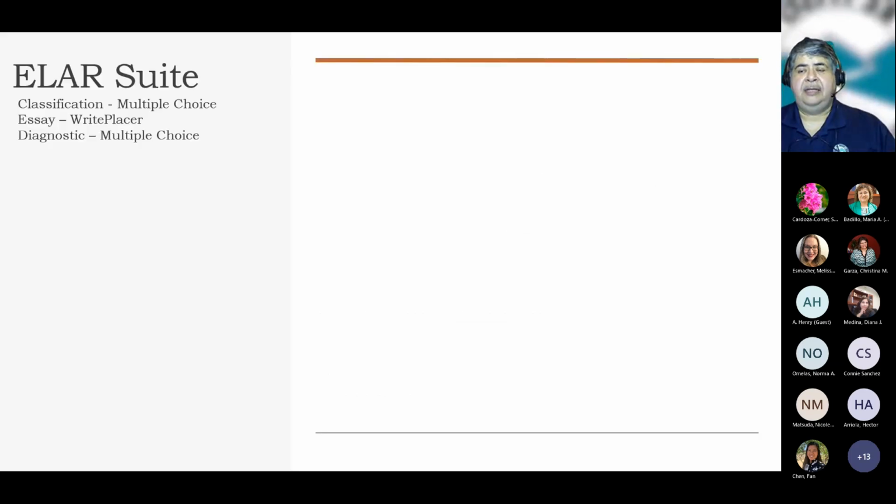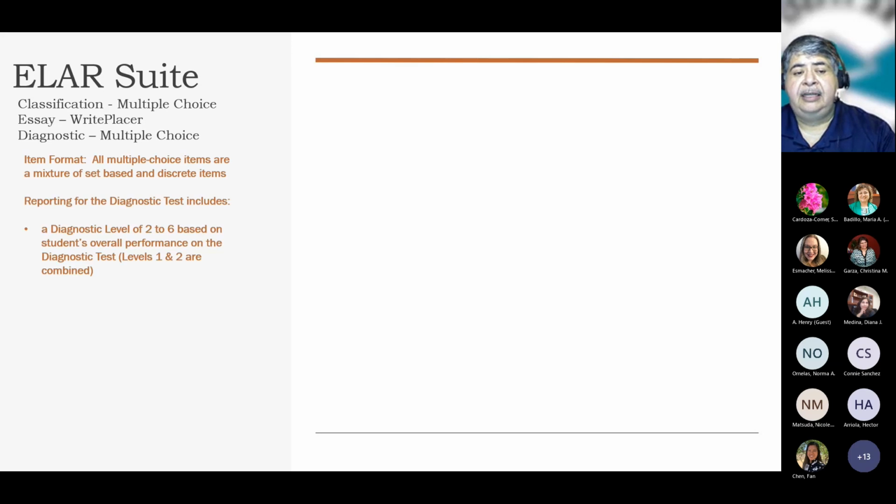Now, for the actual examination, the changes that are more marked, in this case, will be for the ELR suite. In this case, that's called the classification test. The test itself has changed as follows. Right now, the test has merged from the reading and the writing into one exam. The test itself has 3 sections: the classification test, the diagnostic, and then the essay. The last two, the diagnostic and the essay, are administered to the student depending on the score that they get on the classification exam. And we'll go over that in a minute.